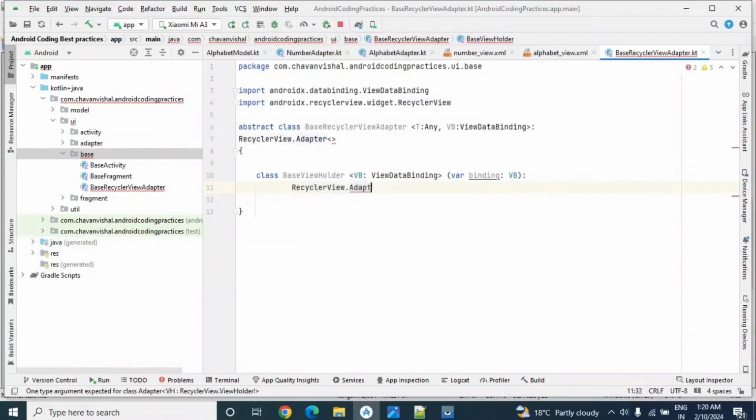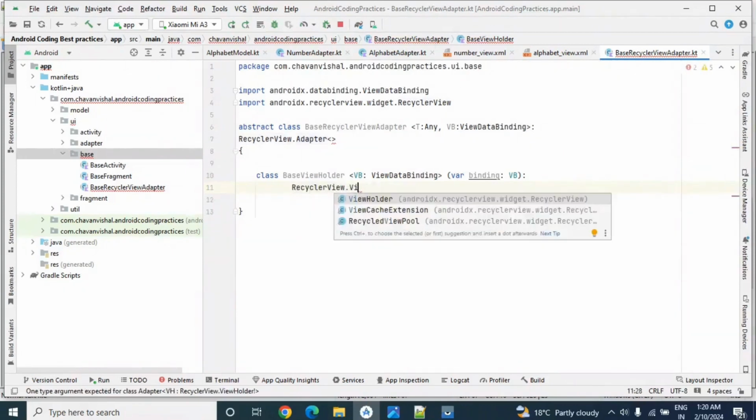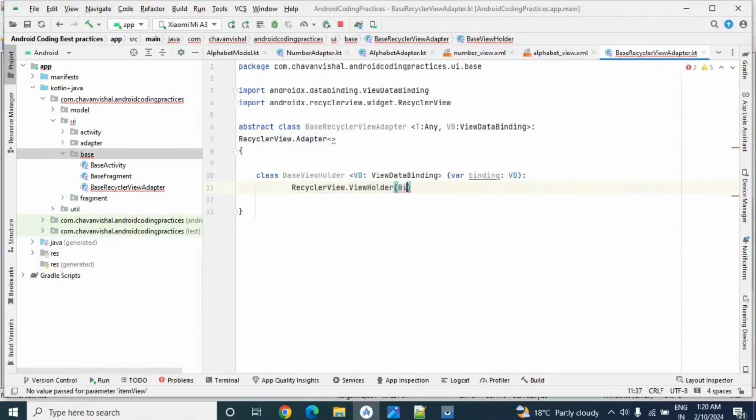Recycler view dot view holder, and here we will write binding dot root. So right now we have created base view holder over here. It will accept our view binding and it will return binding dot root.